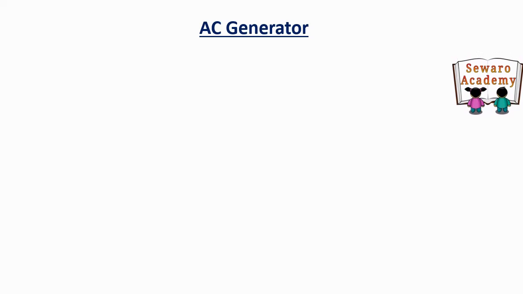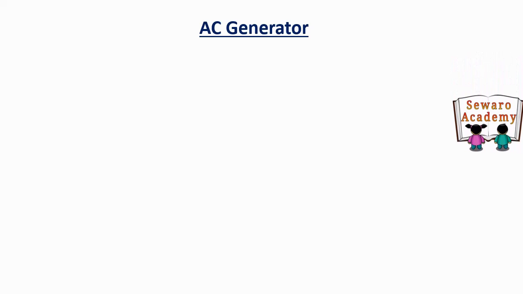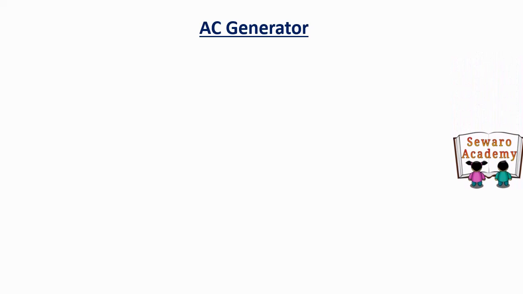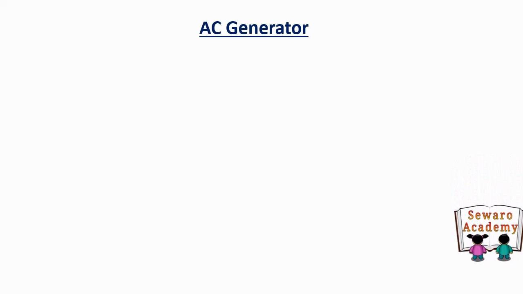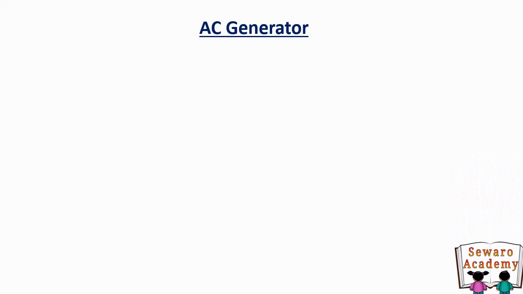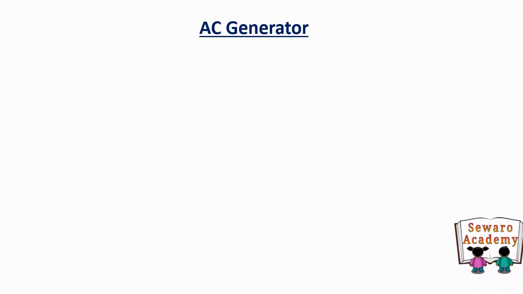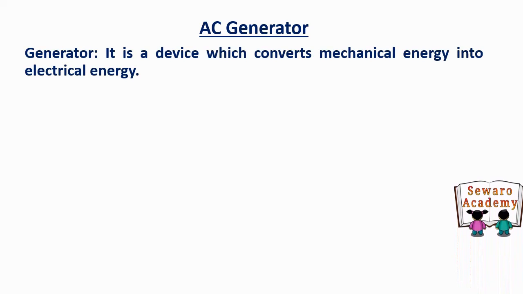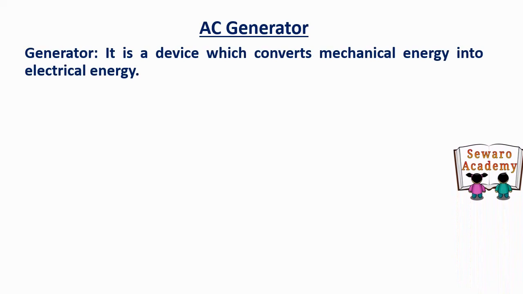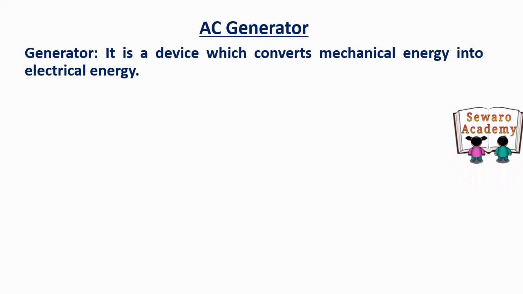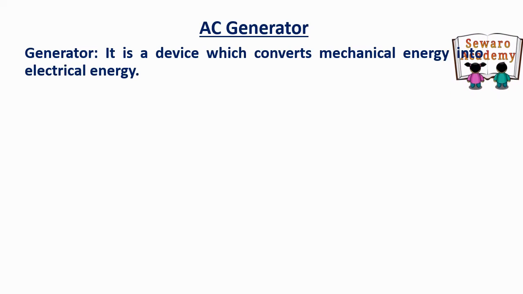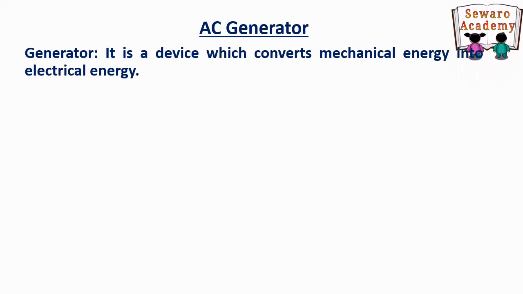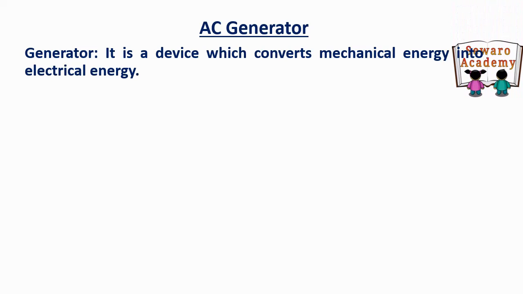Now let us move to the next topic, AC generator. Till now, we have gained much more knowledge about electromagnetic induction, where the current is induced by changing the magnetic flux linked with the coil. One of the most important applications of this electromagnetic induction is in the AC generator. This AC generator is a device which converts mechanical energy into electrical energy. It is used in different power plants like hydropower plant, thermal power plant, nuclear power plant, etc., where the electricity is generated by converting mechanical energy into electrical energy.